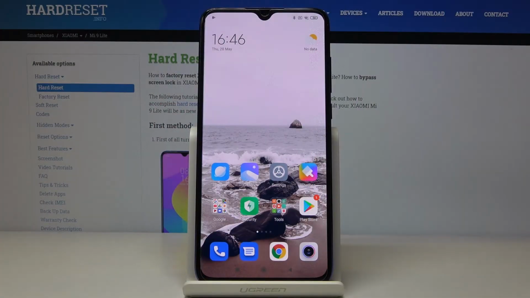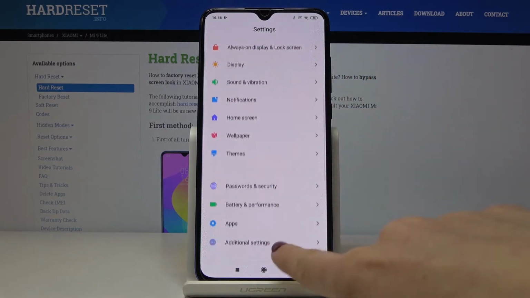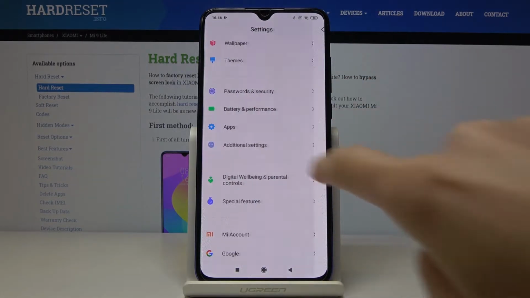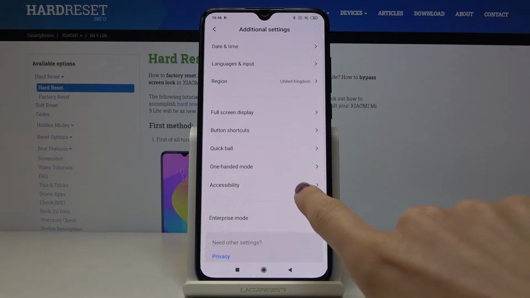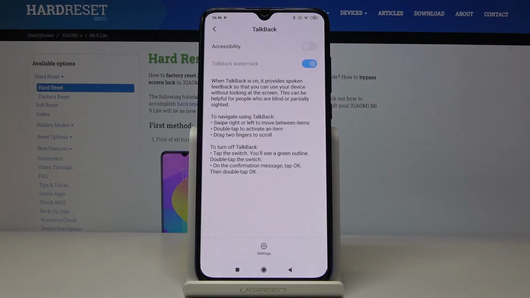Here I've got Xiaomi Mi 9 Lite, and let me show you how to activate TalkBack on the following device. So at first you have to open the settings, then find and select additional settings, and then go to accessibility. Here you'll find TalkBack under downloaded services, so just open it, and if you'd like to activate this feature, which